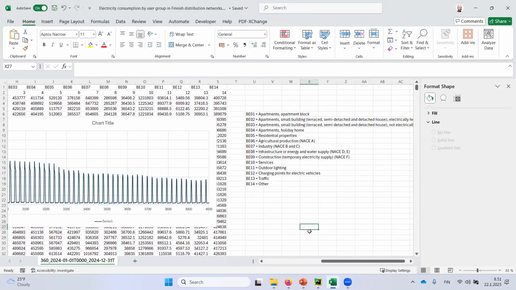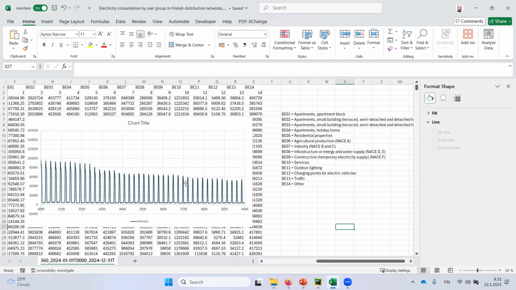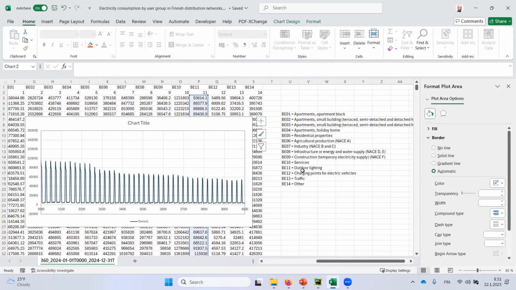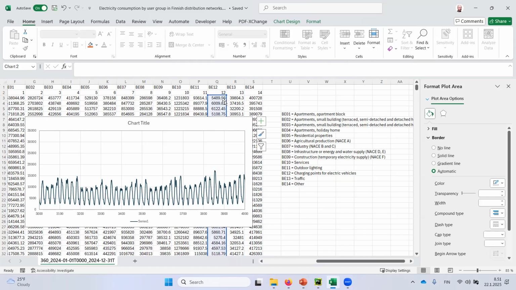So you can see, for example, this one is outdoor lighting. I have zoomed it into between 3,000 and 4,000 hours. So that's kind of, I guess, springtime. And you can see the light amount increases. So there's this kind of a discrete decrease in the energy consumption of the outdoor lighting or outside lighting. And then you can see other